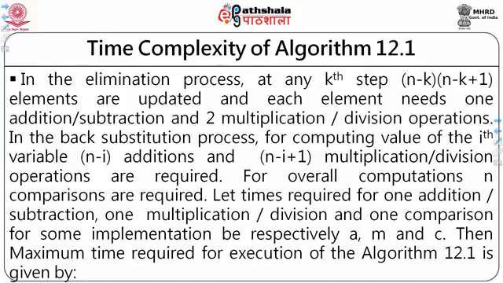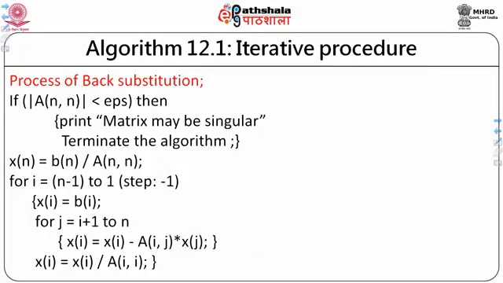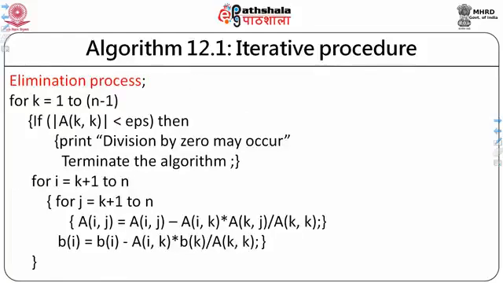You can look at this; all this can be verified from the algorithm itself. This is the back substitution process, but this is the elimination process. This is executed n minus 1 times, and this is executed n minus k times actually, and we are trying to find the number of elements here. So how many operations are required? We can see that we are evaluating this step by step. Everywhere we get one subtraction, one multiplication, one division operation, and here again I will have to do the same thing for this. So I am saying here, in the elimination process